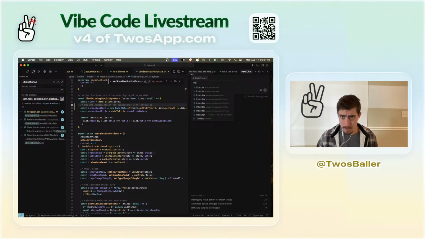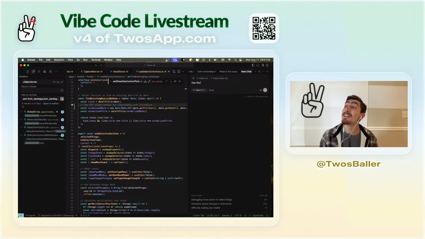I know you love me. Cursor? Can the list / day for the capture bar on the capture view be the day